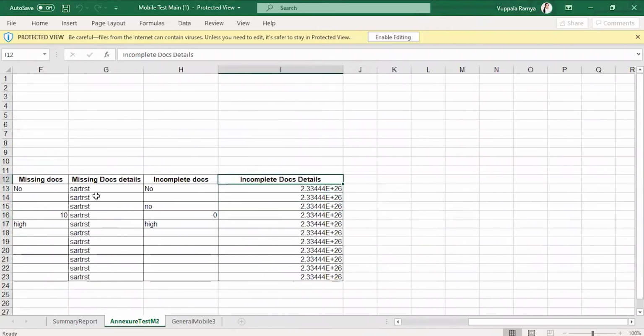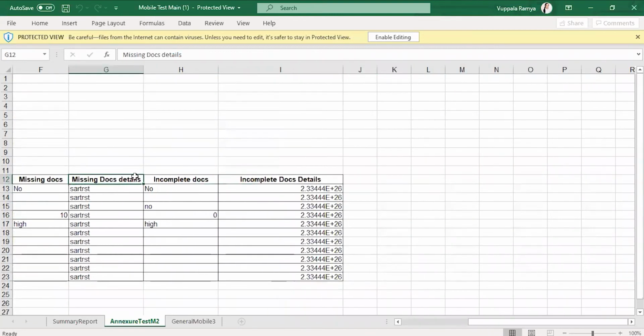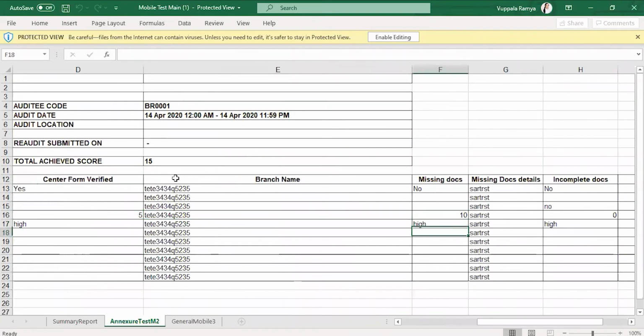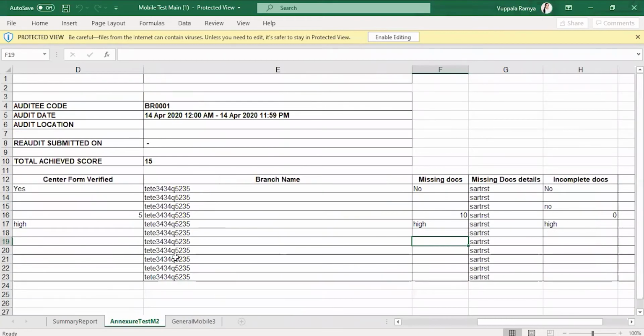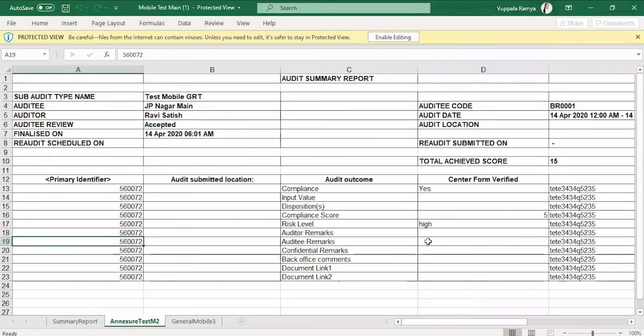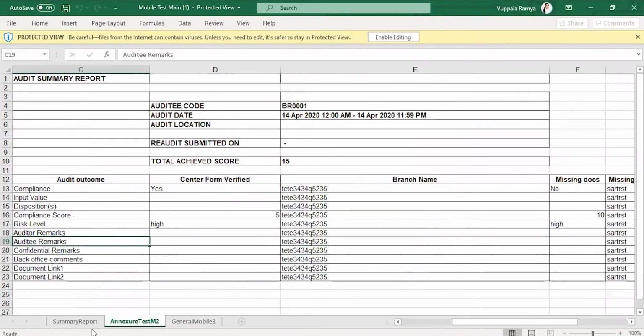So if you see, these are the checkpoint description, what is the missing document details, and these are the checkpoints, and the relevant information which has been captured under that will be mentioned in the columns. So there are two different formats which will be used for both general and annexure. This has been designed in such a way so that you can use this for multiple purposes, maybe a consolidation of this or running a pivot against this should be easy. So these formats are being used.